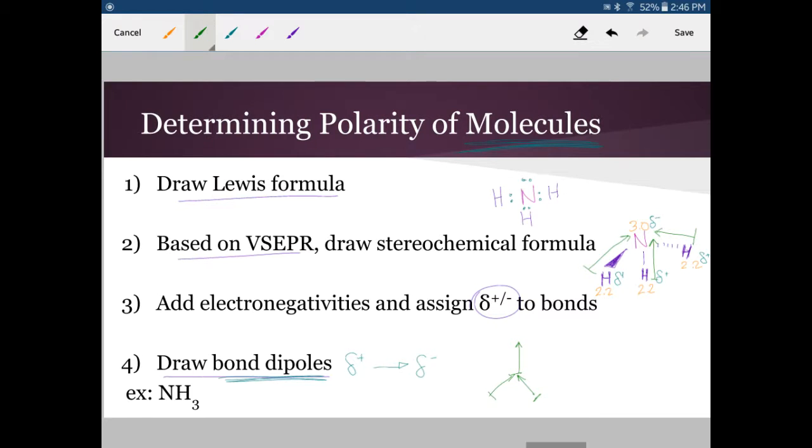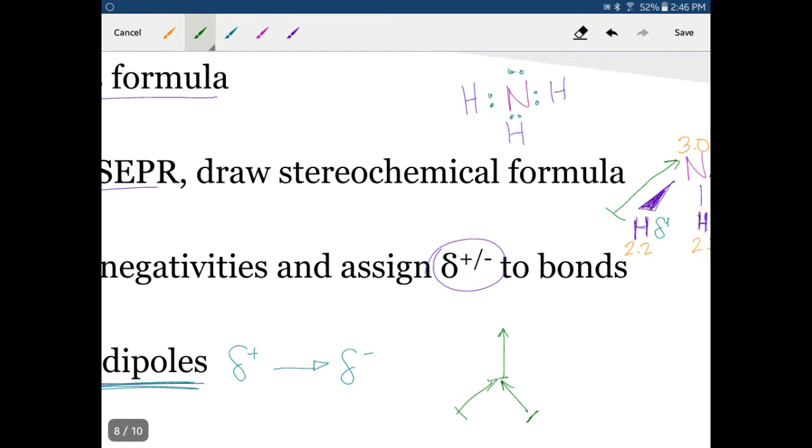So if we were to continue our little triangles here, we would expect this to have a to the right and up vector, and this would have a to the left and up vector. Essentially our left and right vectors cancel out, and then we have this up vector that's now existing in pink and our original up vector. So our net resultant vector looks something like this. Actually, maybe I'll draw it in orange. So our net dipole